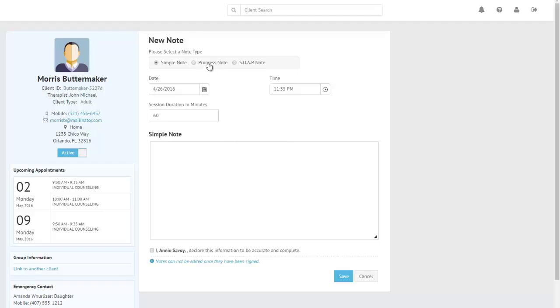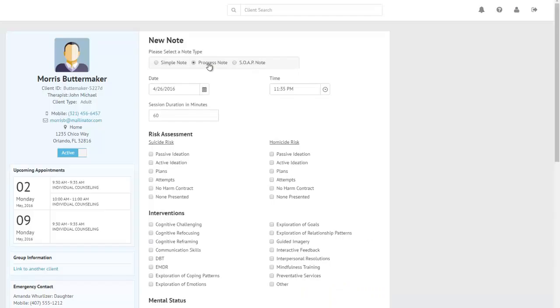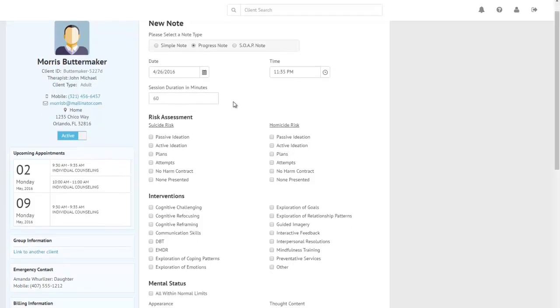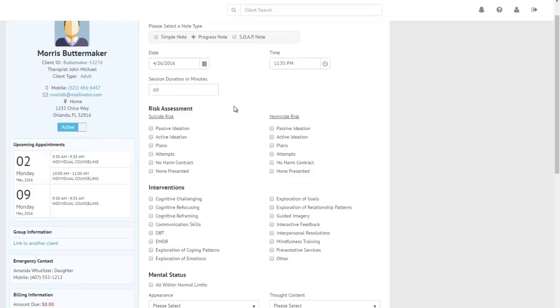So if a simple note format is not what I'm looking for, I can then move on and select the progress note format. You can see the form quickly changes for me. I still have these same fields at the top where I can verify the date and time of this note being entered. But TherapyZen now provides you with some different tools that you can use at your disposal for this